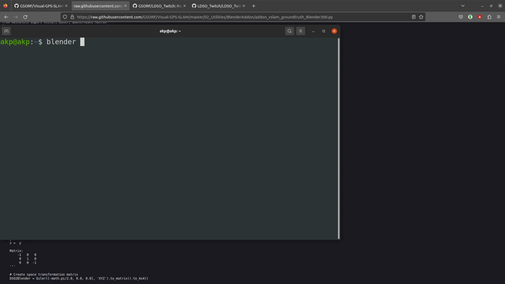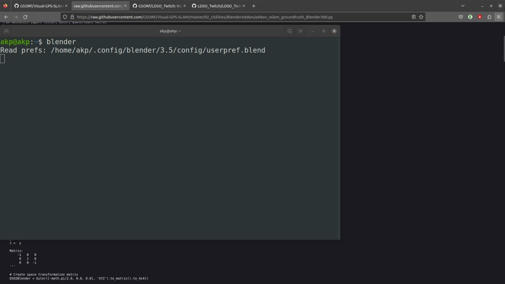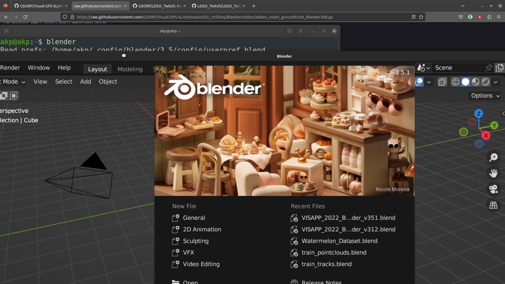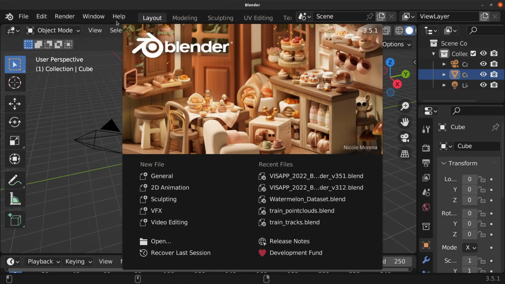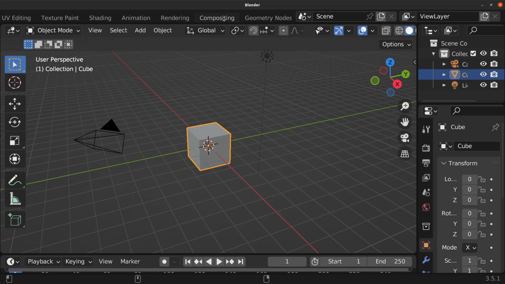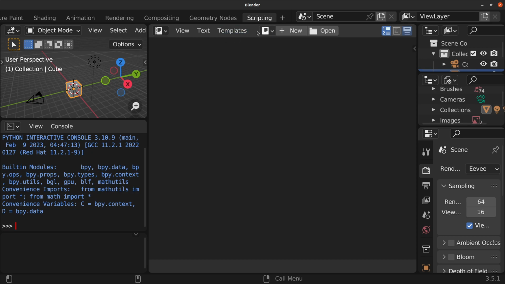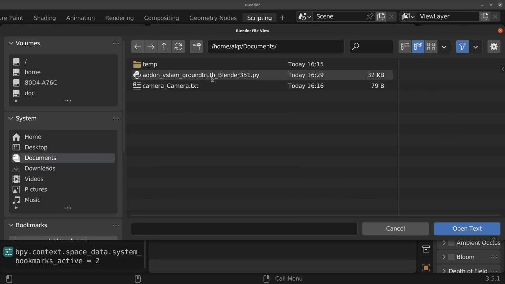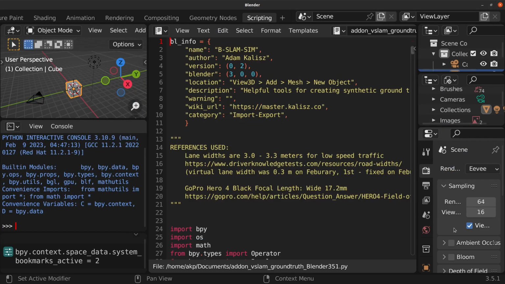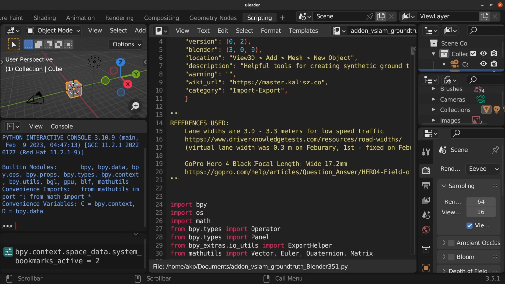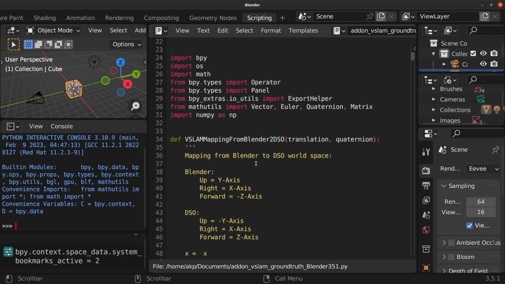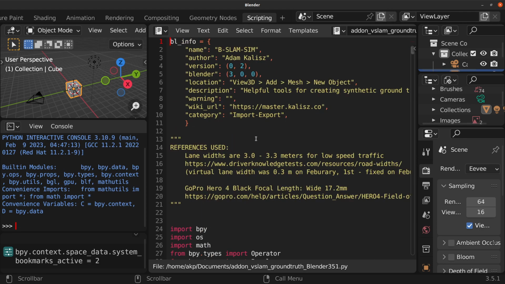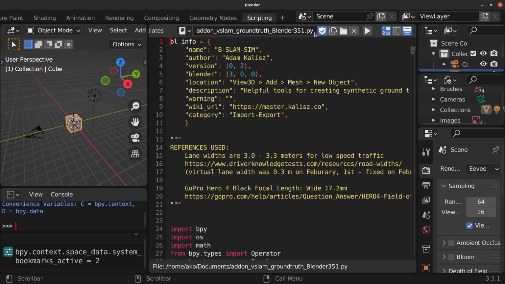And here I can just call Blender. Now we'll load in the Python script again. And now when I execute this Python script,